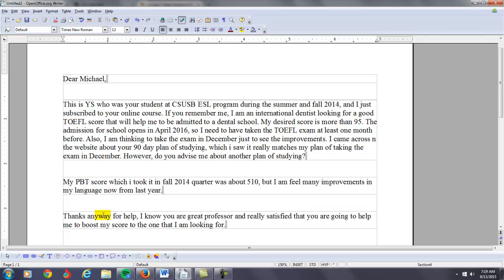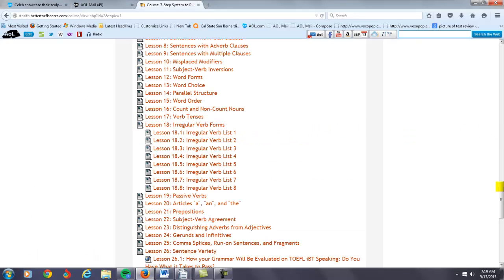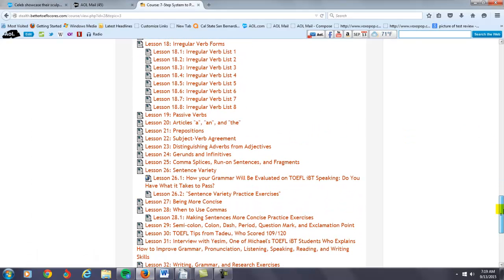You say, thanks anyway for your help. This is the same error before. You're joining independent clauses together with commas. You don't want to do that. So that's a sentence structure error. Now what you can do there to learn a little bit more about that error that you're making,